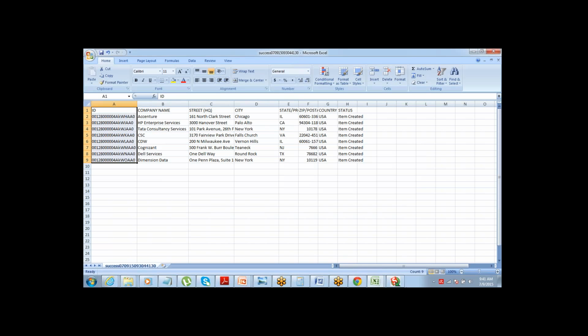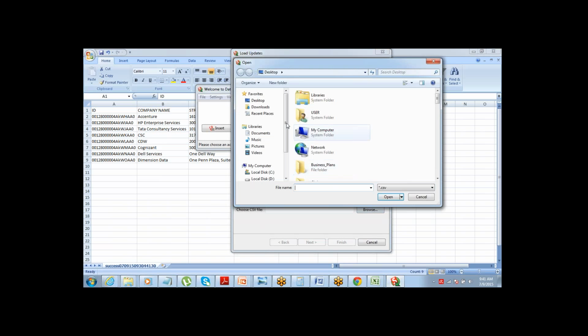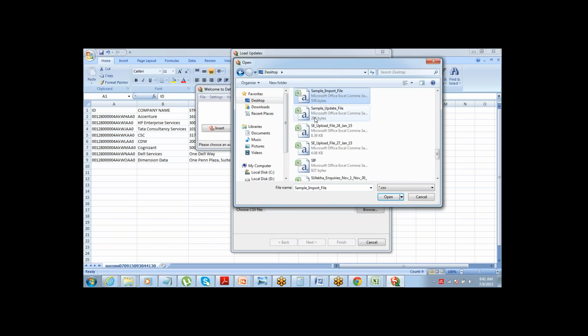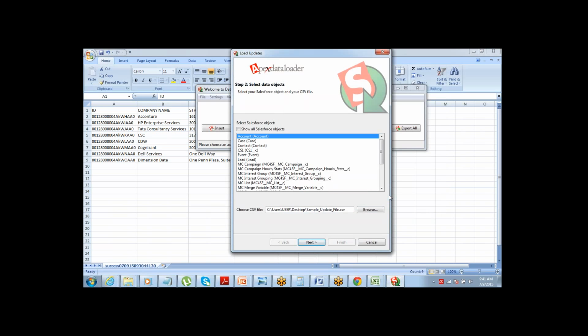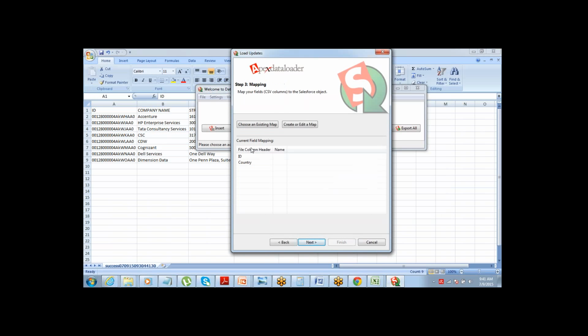All right. So go and browse the update file. It's on desktop. I saved it in some other location. Here is the sample update file that I created. Now this file just has two columns, right? One is the ID and one is the country. ID is for referencing to the record, country is for the values which need to be updated.